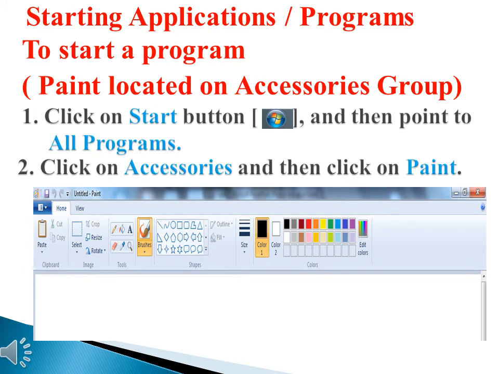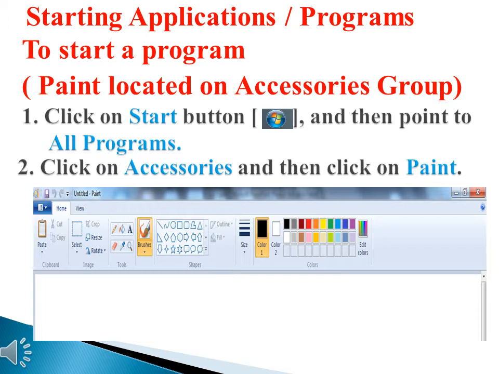The first one is paint. We already know that paint is used to create or edit an image. Now suppose if we want to start paint, then what are the steps? First of all, we have to click on the start button in the corner, and then we have to click on all programs.